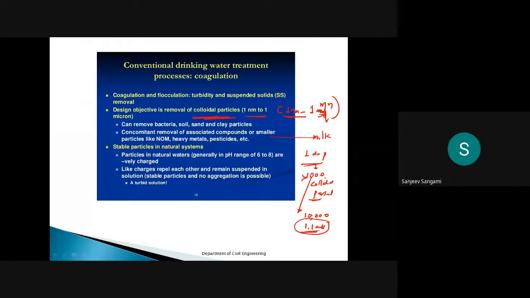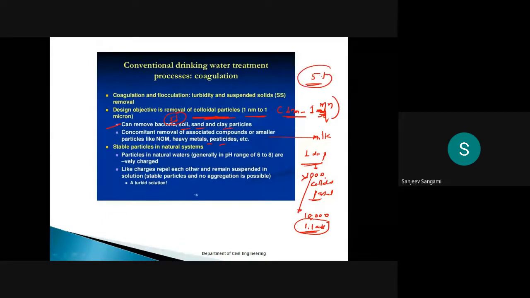Then this coagulation process is also for the removal of bacteria. Bacteria you can remove up to 5%, not all. Then soil particles, sand and clay particles. It is associated with even some of the heavy metals and pesticides, up to 5%.